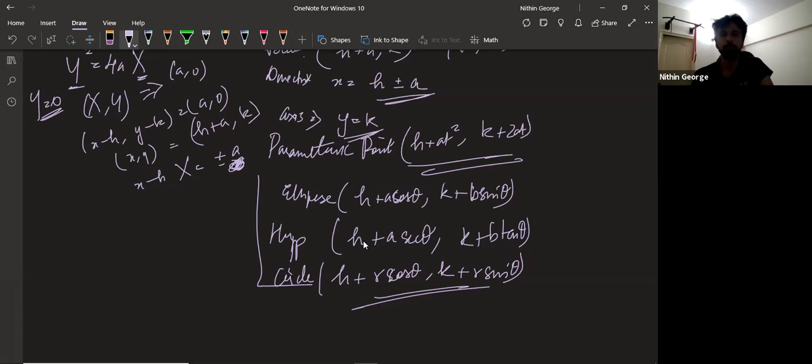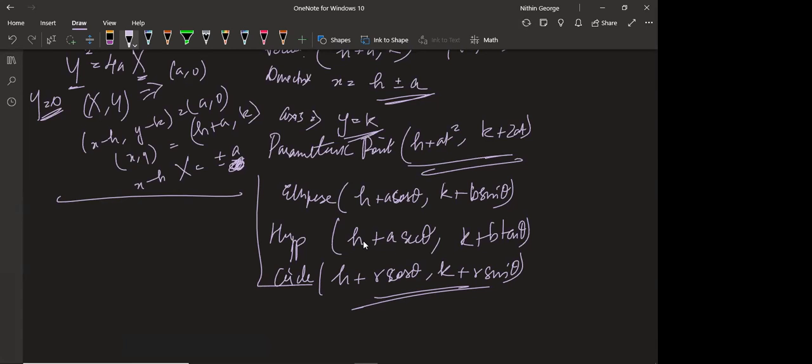Now, I hope you understood that we don't need to learn this specially. Just shift the axis and then treat it like a normal hyperbola. And then in the end, whatever answer you get, bring it back to the original axis. Is this clear? Yes, sir. Okay. Now we look at the equation of a chord